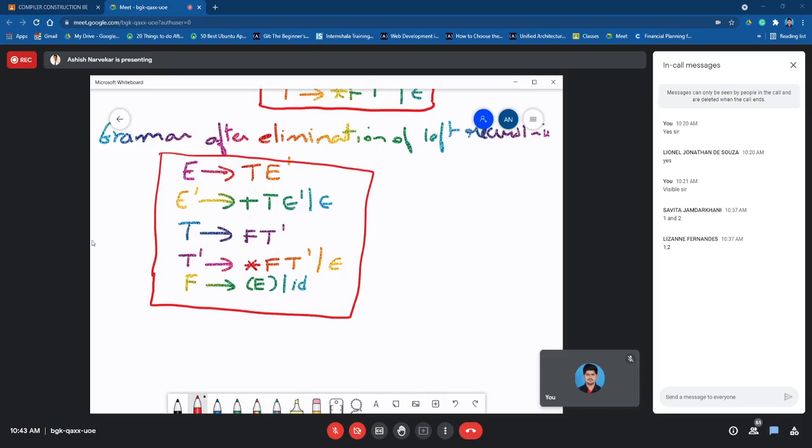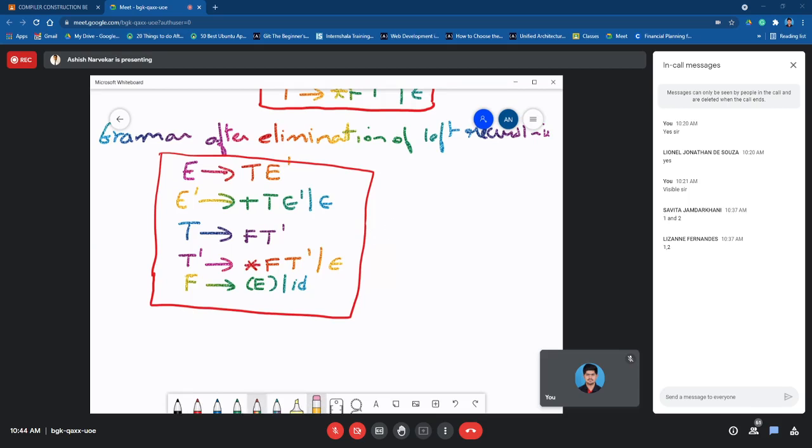Now this was just a very straightforward grammar wherein we could eliminate the left recursion easily, and it was quite evident that there was left recursion, so we could remove it easily and write this particular grammar. At times it also happens that you might come across grammars wherein, after doing this also, you might see that these productions, this is just a possibility. Okay, it may not always happen. There could be a possibility that there still remains some kind of left recursion. Okay, so we can take up some cases of that kind.